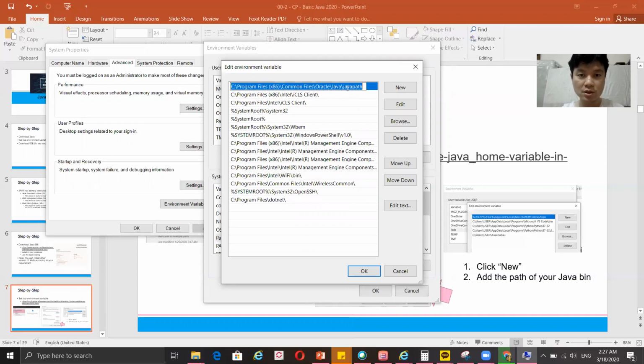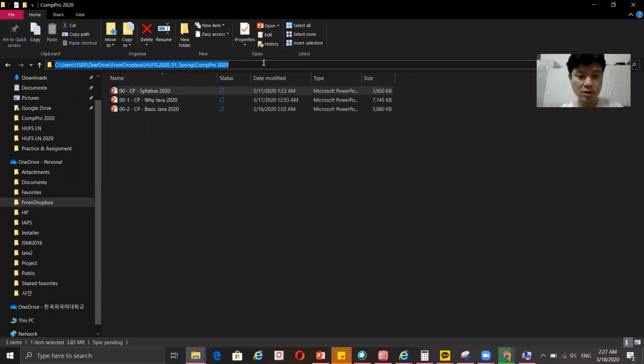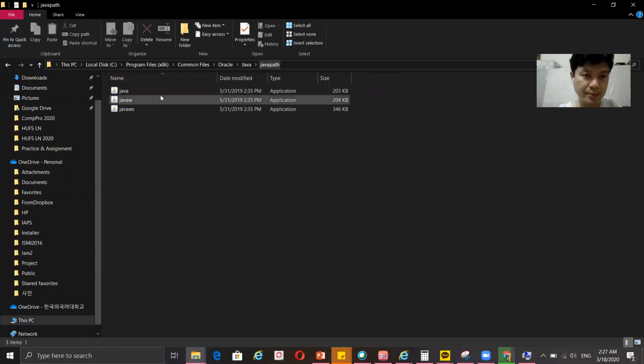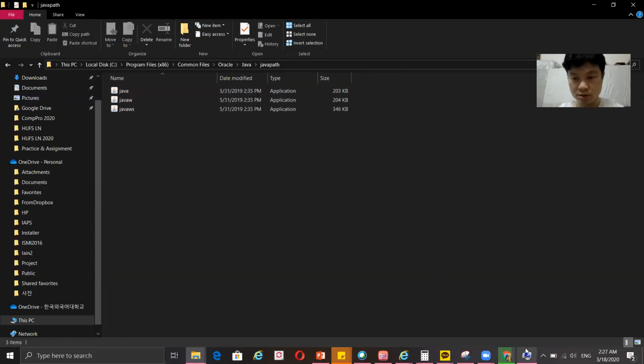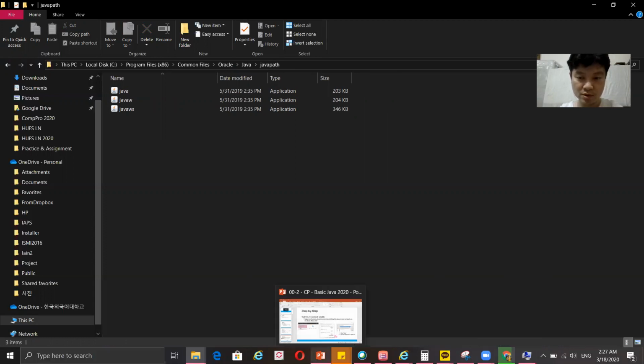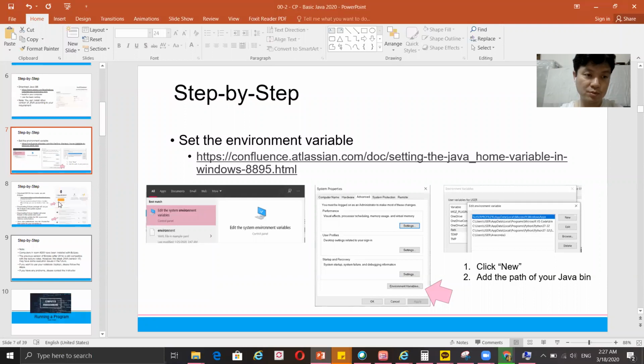So using this one, you can check. For example here, if I click this one, you can see there are three applications of Java: java, javaw, and javaws. So the computer will need to execute this file in order to run Java. So don't forget to put this one in your environment setting, and once you already have it added in your environment variables, then the next step will be,